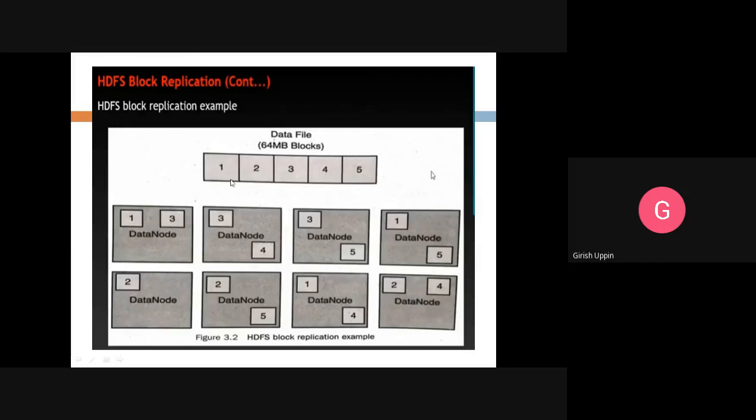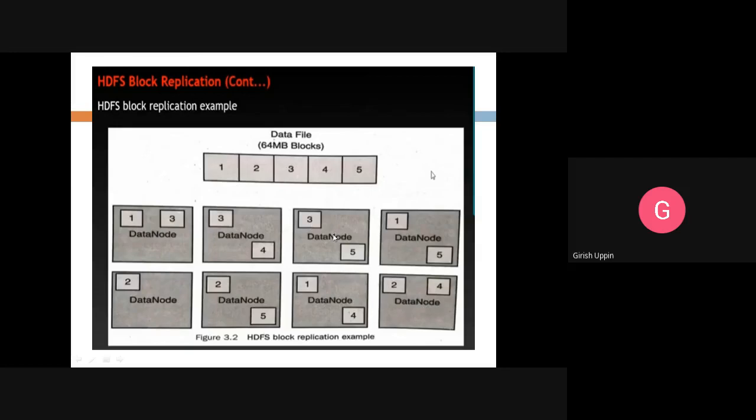For example, the first block is copied onto this data node, and you can also see there is a copy on this particular data node. Similarly, block 2 is copied onto this data node as well as this data node. And for this particular block 3, you can see there is 1 copy, 2 copies, and 3 copies.